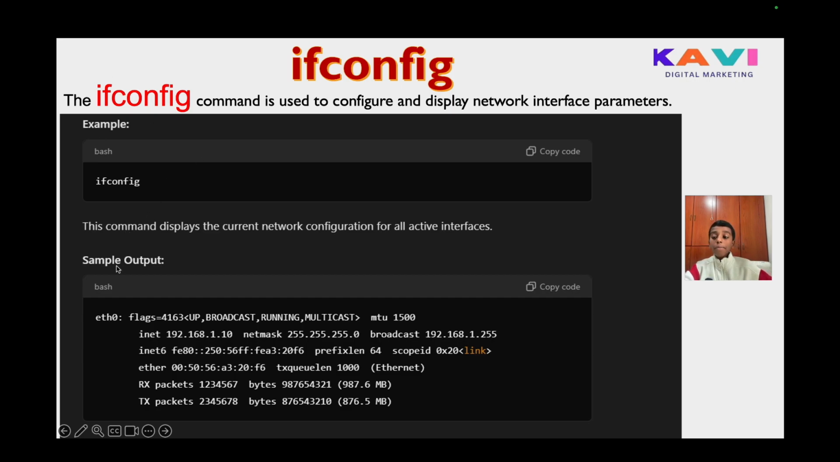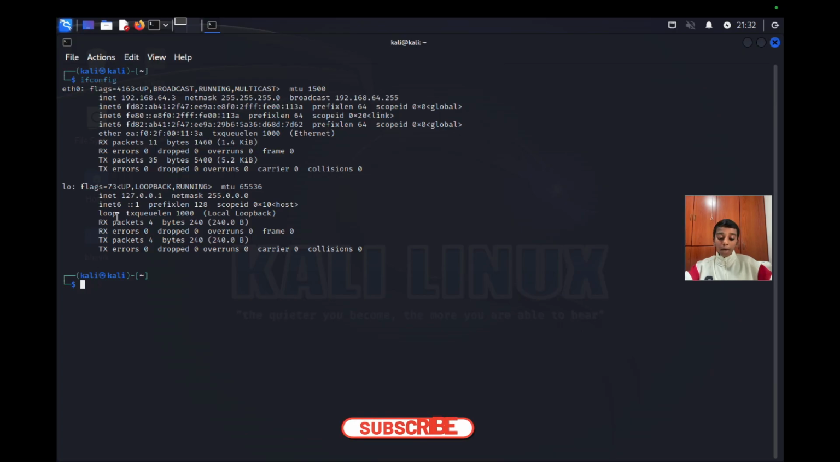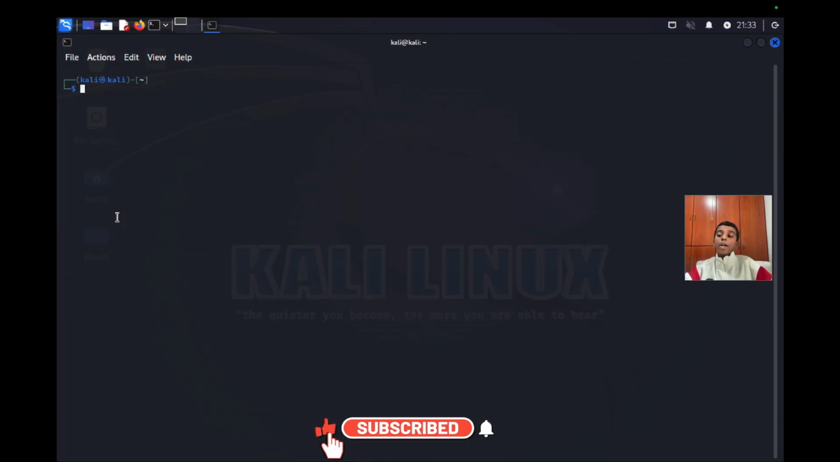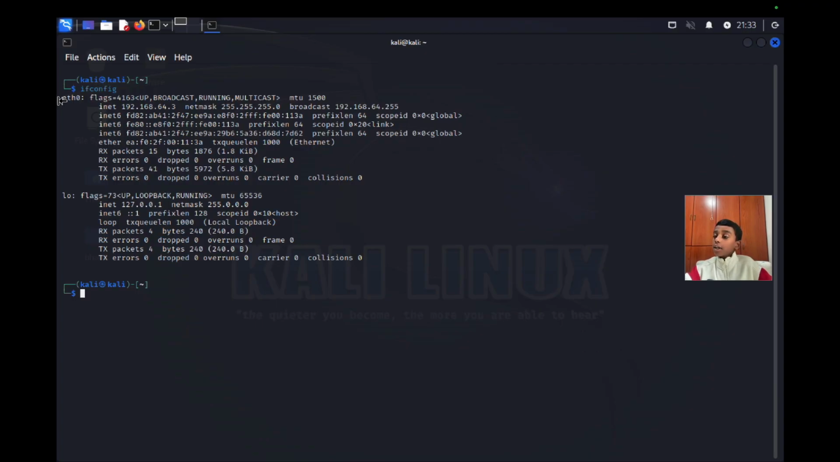After my example I have a sample output, and it will show some random text, and eth0 with some random text. Now knowing this, let's go to our Kali Linux to run this command. Here I'm at my Kali Linux, and I'm going to type the ifconfig command, and when I press return it will show